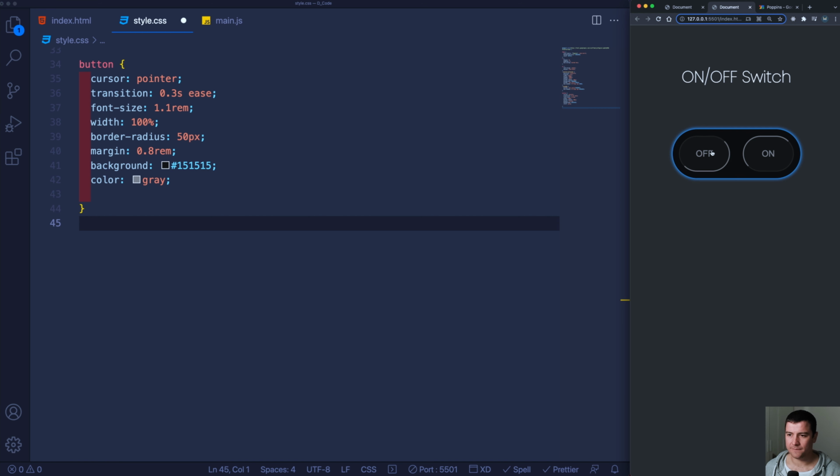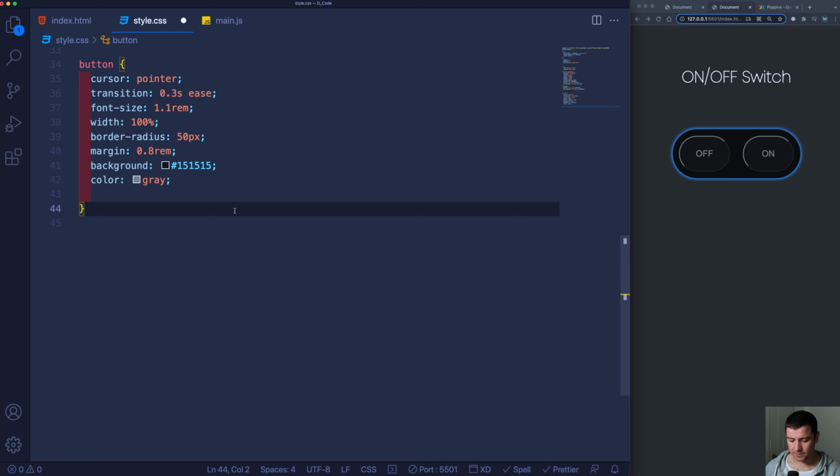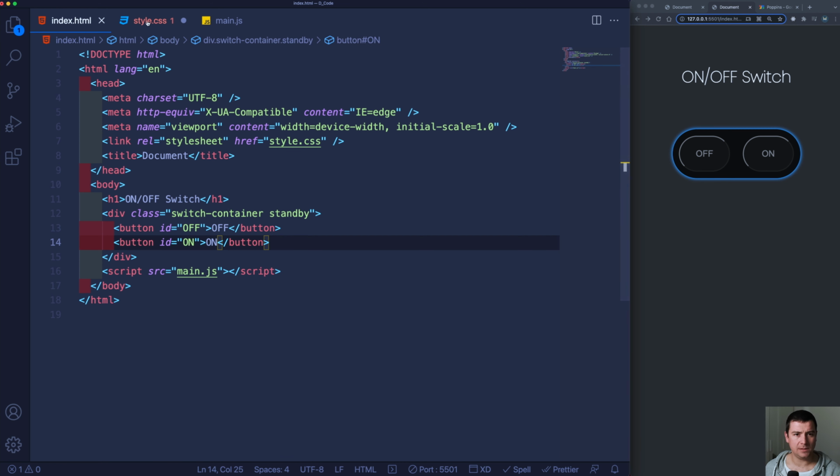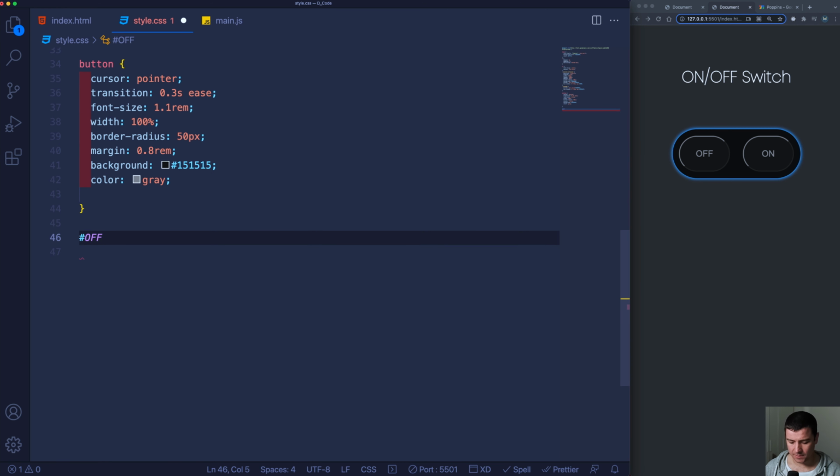They're already having that click effect on them. Now all we need to do is, when we're switching states, in order to have that on and off effect, you can see they have a linear gradient in it. We're going to use a linear gradient for that. So I'm going to select each button on itself. I'm going to select the ID of off, and when this ID has the class of active, then its background